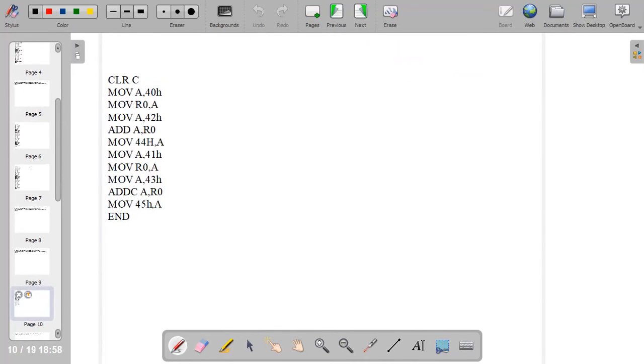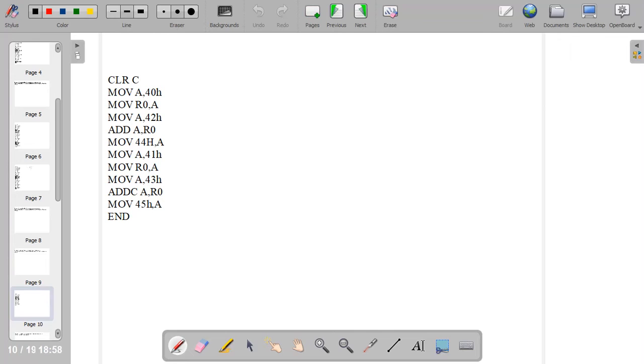So we have the 40H location directly accessed, so the content of it is moved to A. So we have MOV A, 40H. So the 40H location is directly accessed and its content is moved to A, and then that content is moved to R0.